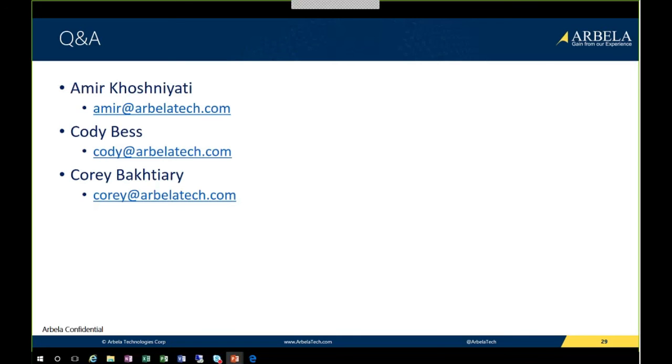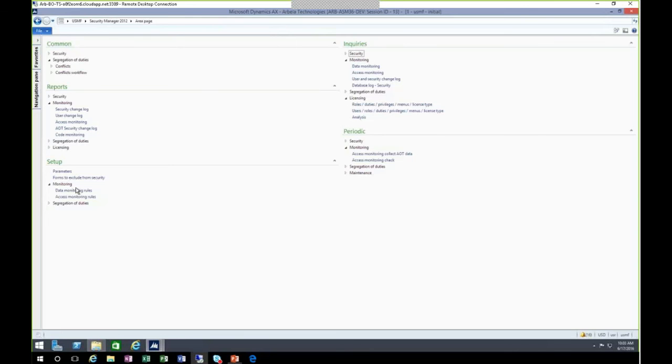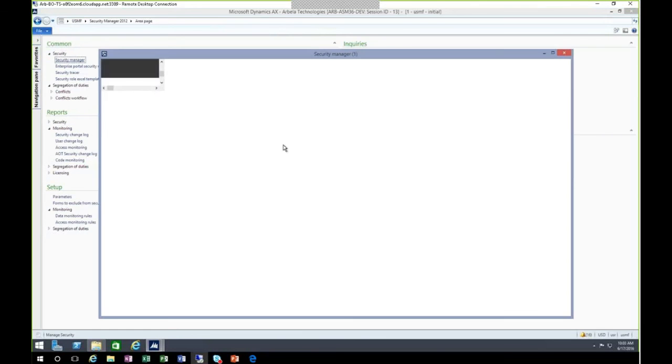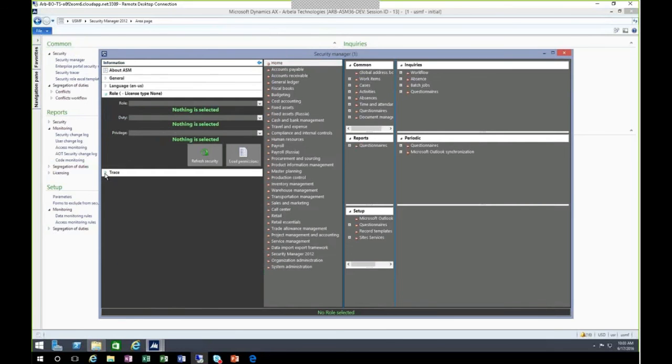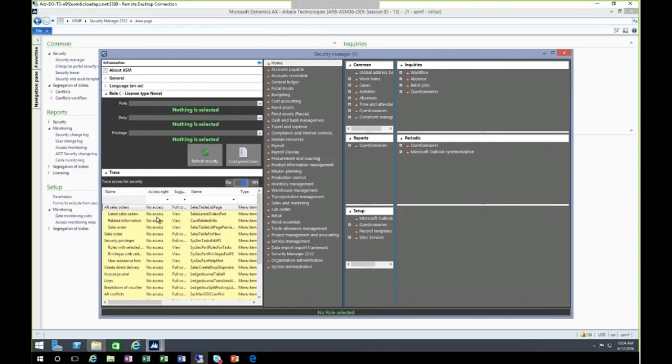And then I see another question here from Tim. It says, in regards to the security tracer, does that allow you to restrict access per field in a particular menu business process, or is it limited to the developed security privileges and duties? Okay, so first I bring up the security tracer, either in the security manager or from the main menu. All right, and as I pull it up, can you reread the second part of that question? Sure. Is it limited to the developed security privileges or duties?